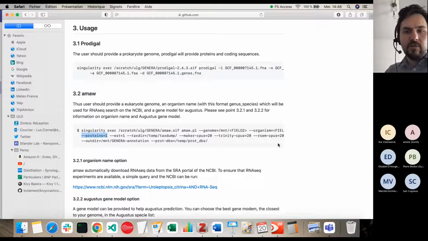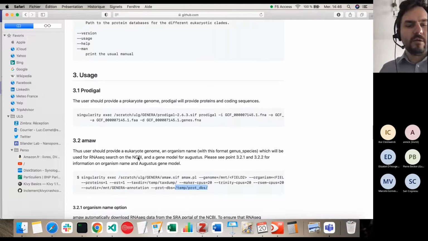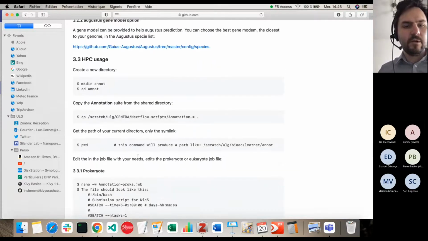You have the set of CPUs, but you don't have to modify that, and the output also doesn't have to be modified. This directory also doesn't have to be modified because it's a database used for AMAO. Everything is pre-defined in a directory,